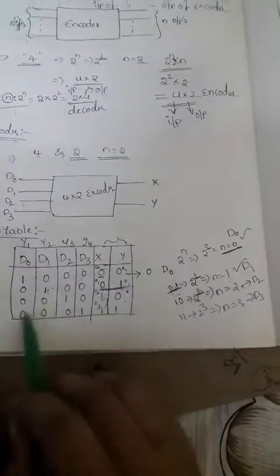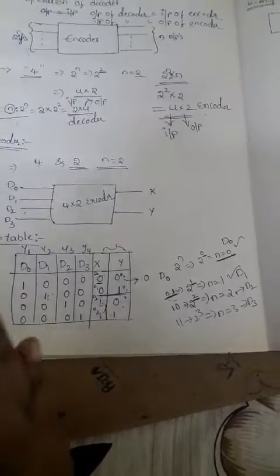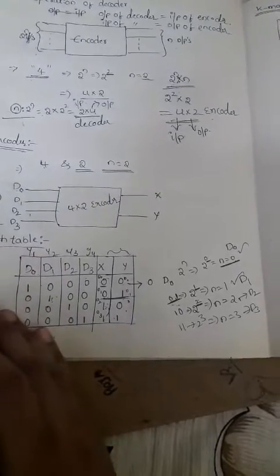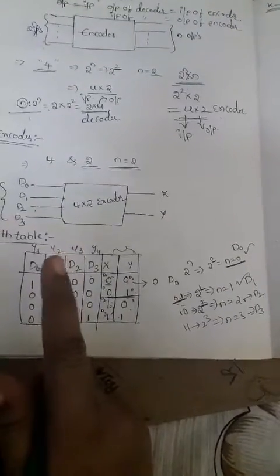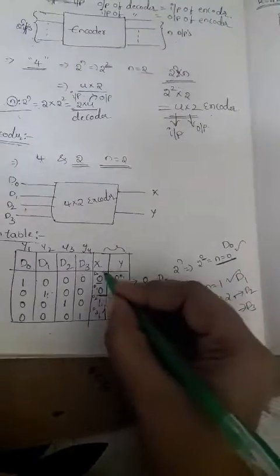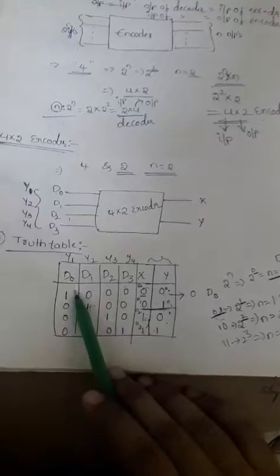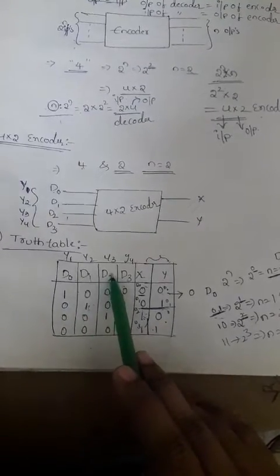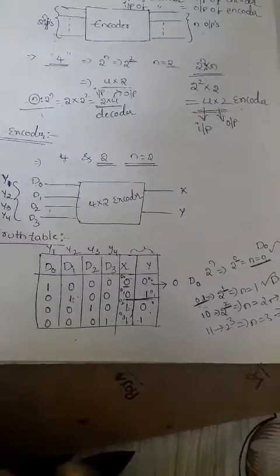So directly we can say that the x values will be added here. We are not doing a K-map here. Why? Because for D0, D1, D2, D3, the input lines each have a single one. So don't take the K-map here; there is no need to consider the K-map for this. Why? Because each output line has a single one, so for this single one there is no need to consider the K-map.